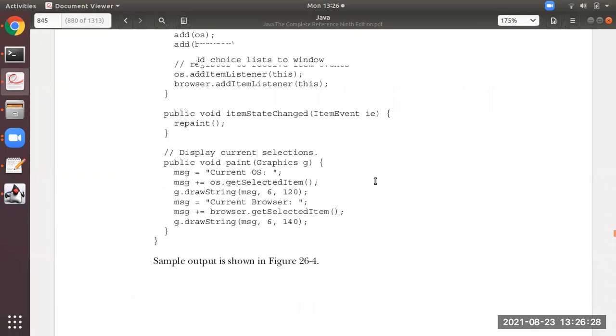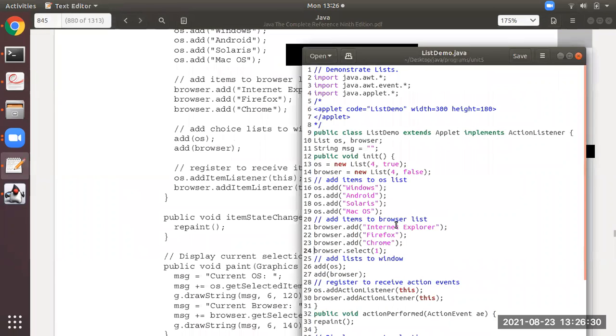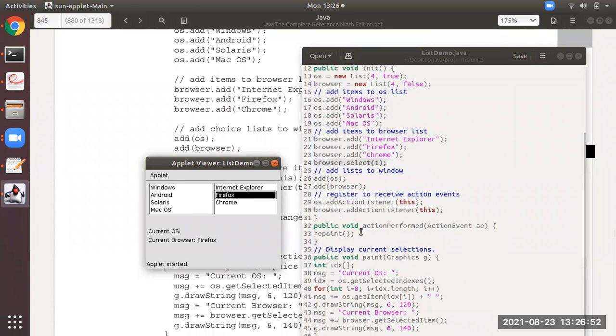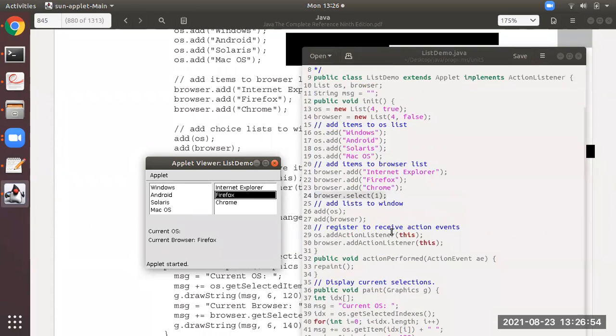Over here the index is provided, 0 1 2, so 1 is selected, meaning Firefox is selected in the output. The rest is similar to the Choice class.